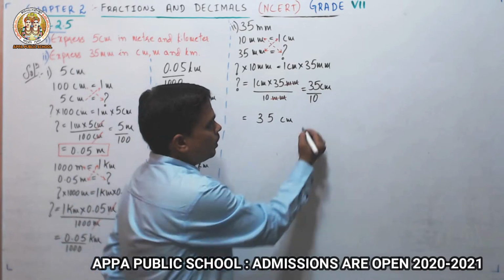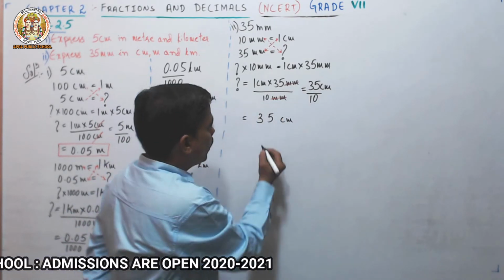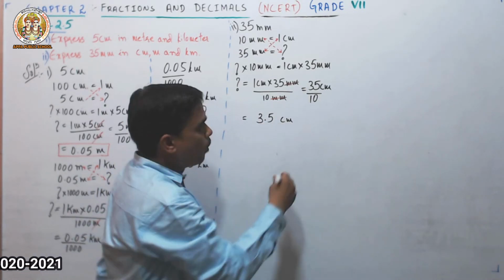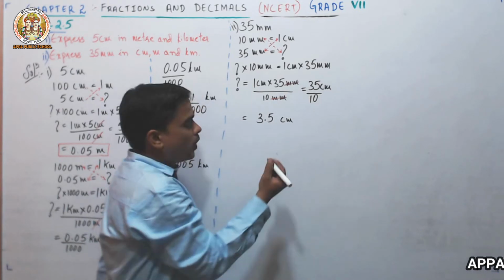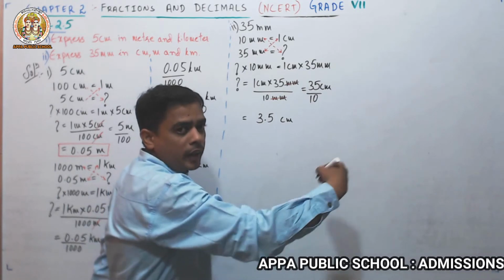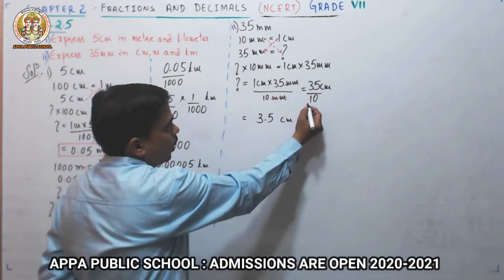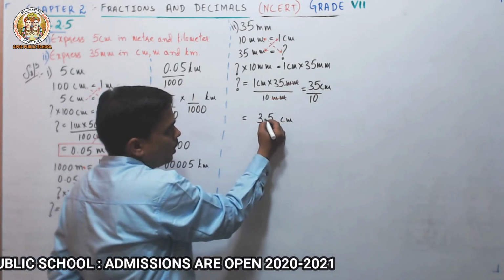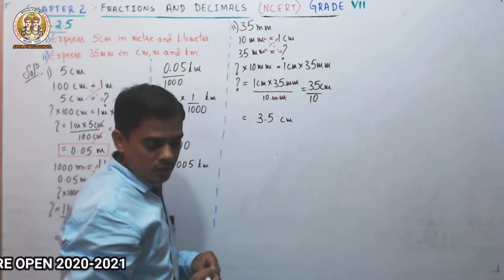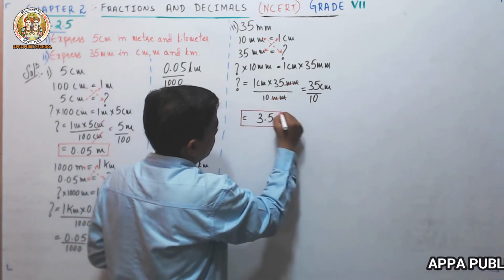Okay. So how many zeros are there? One zero is there in the denominator. So what you have to do is, after one number you have to place a decimal point. Why? Because one zero is there. You have to count from the right of your number, and place the decimal point towards your left. So one zero is there, after one number I will place a decimal point. How much did I get as the answer? I got the answer as 3.5 centimeter. We'll put it in a box.